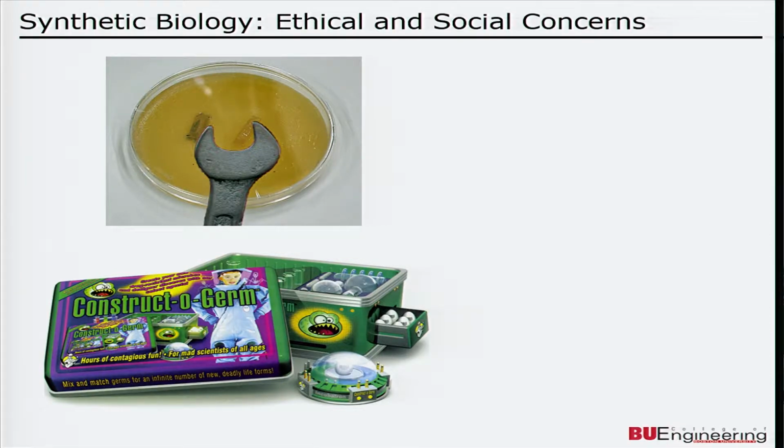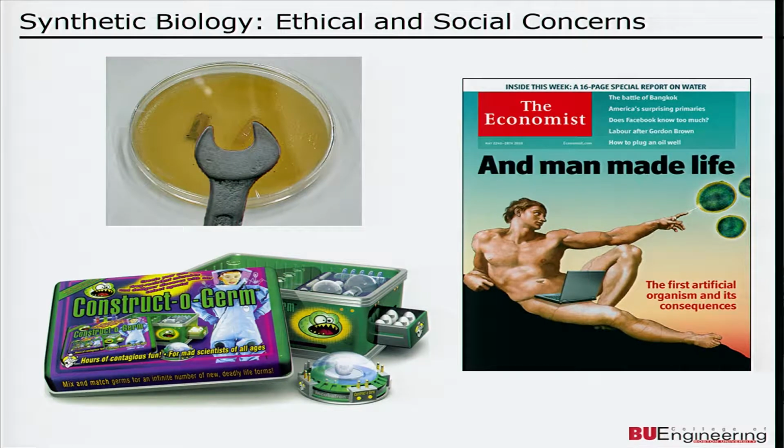My lab at BU is just around the corner from Fenway Park. Will I make something that will escape and, God forbid, eat Fenway Park? Well, as you can envision, there's a lot of concern. And public interest got hyped up by the media, in part, about 4 years ago when my colleague Craig Venter,